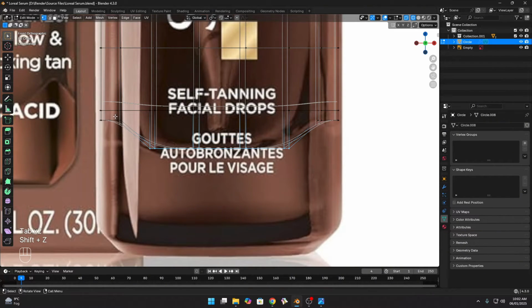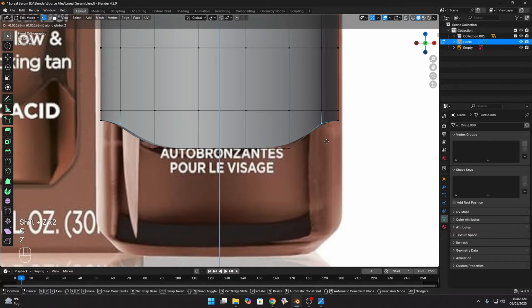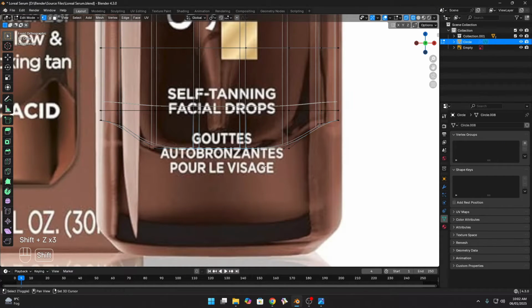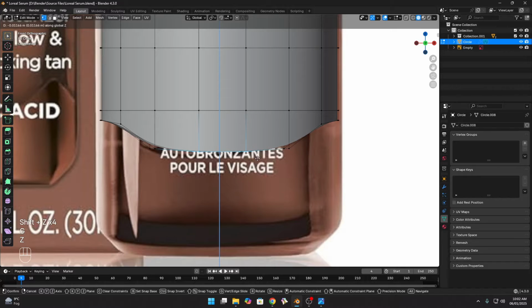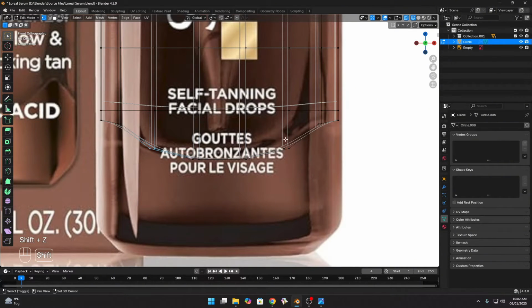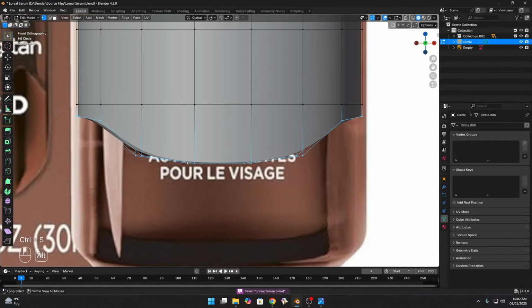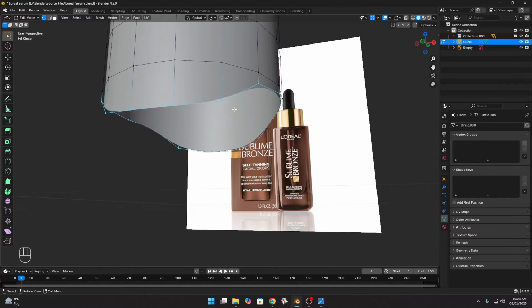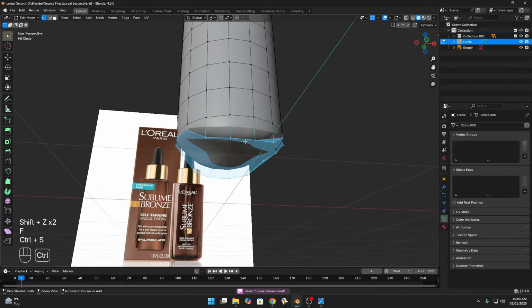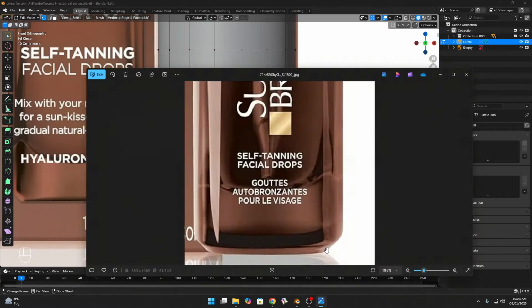like this, and also select these and move a little below to make it smooth, and also select this middle part and move a little below like this. Select these, move a little below like this. Press Alt and left click to select the whole loop and fill by pressing F, and